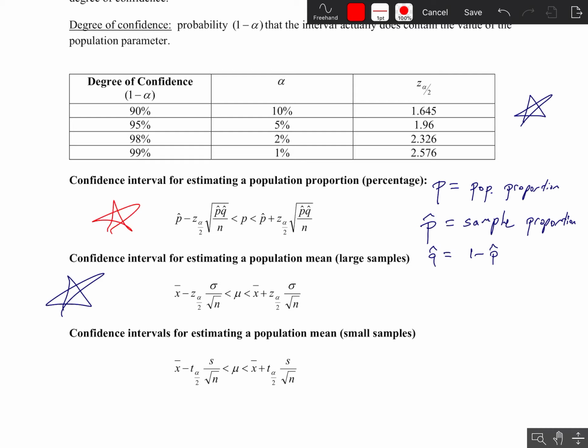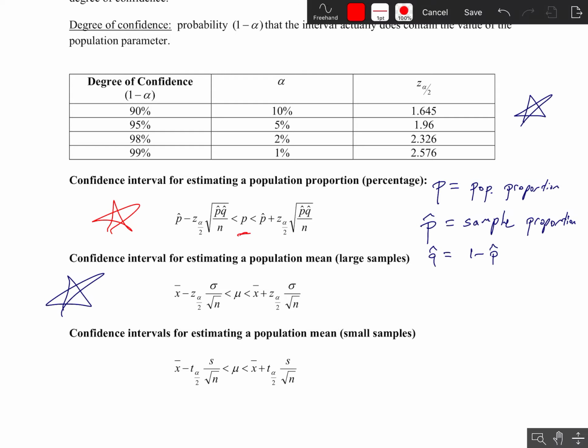This is how to determine the confidence interval for estimating a population proportion, or a percentage, given a sample proportion or percentage. So what's meant by this is, let's say you're trying to estimate something like the percentage of right-handed people in a certain population. There is a specific population proportion of right-handed people, and we can try estimating it by using a sample proportion. So we might take a sample of some group of people, figure out the proportion of people that are right-handed in that sample, and this is the formula that we'll use to determine the confidence interval for the actual population